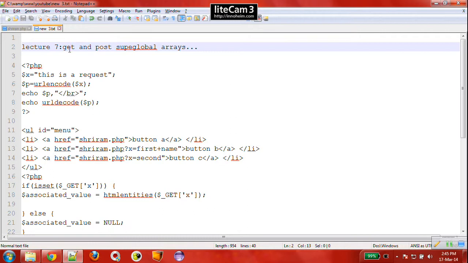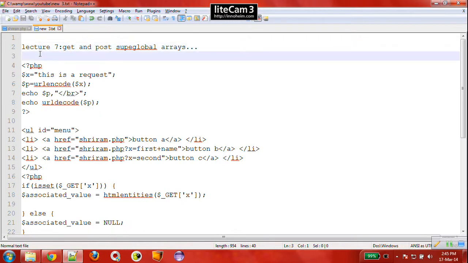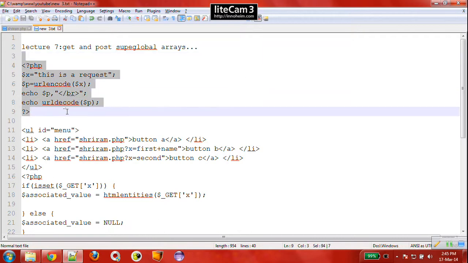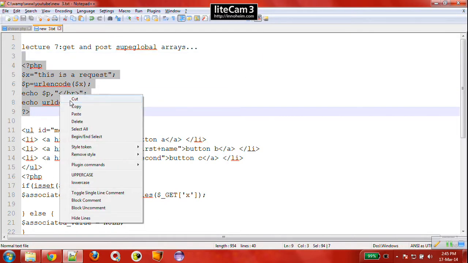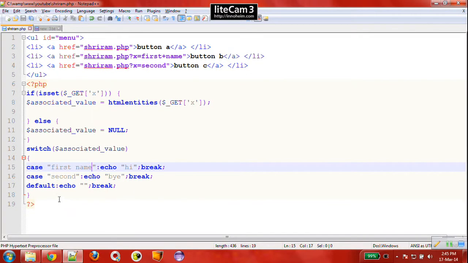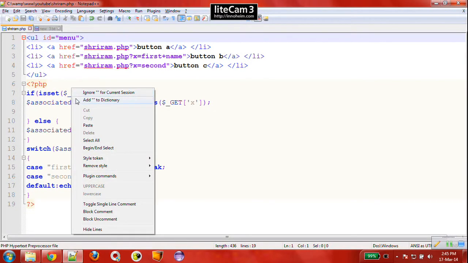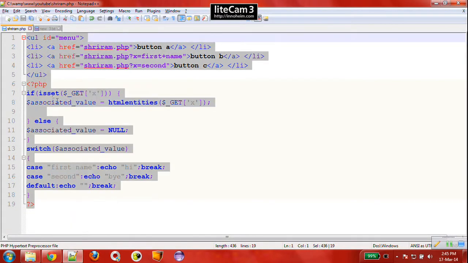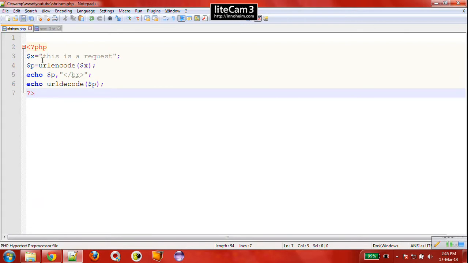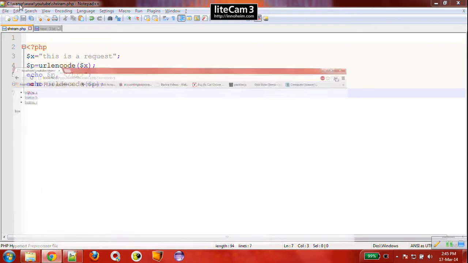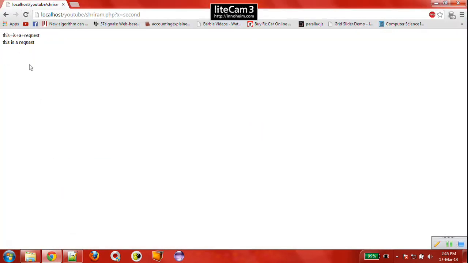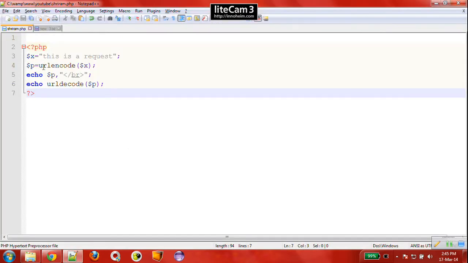The first example is the encoding of the URL. Let me copy this example here, paste it and save, and let's run it.